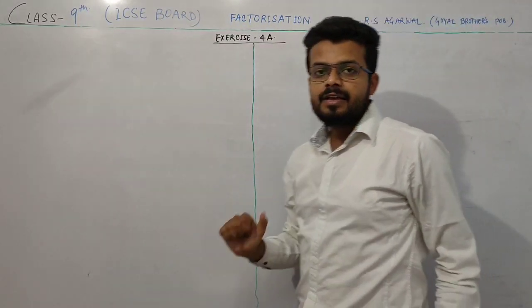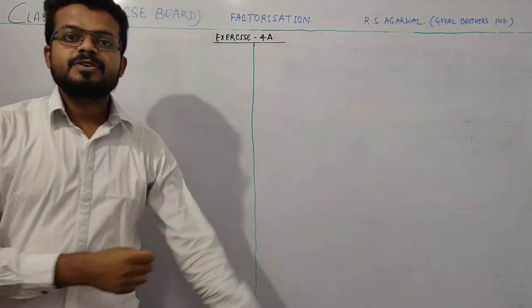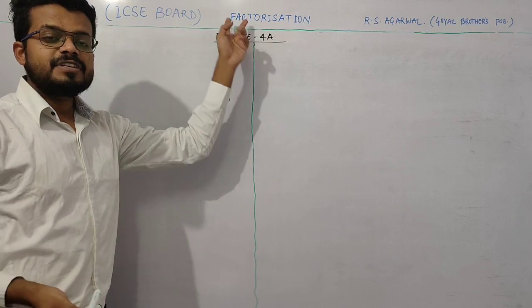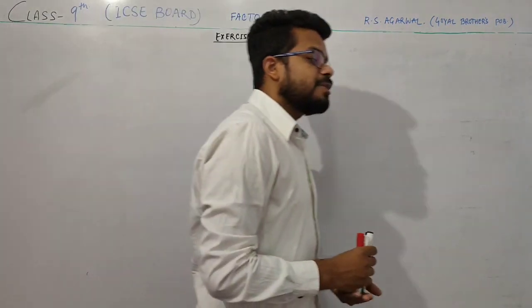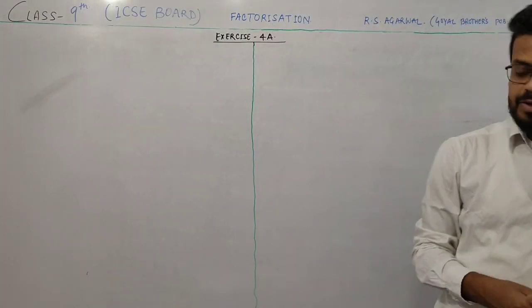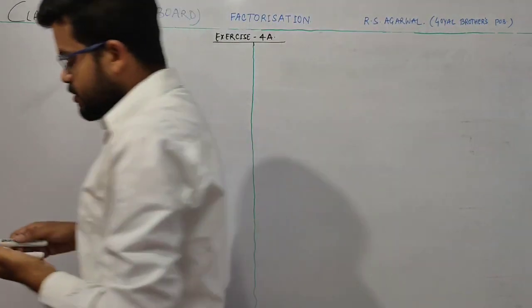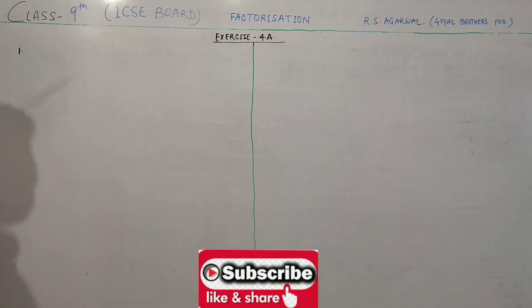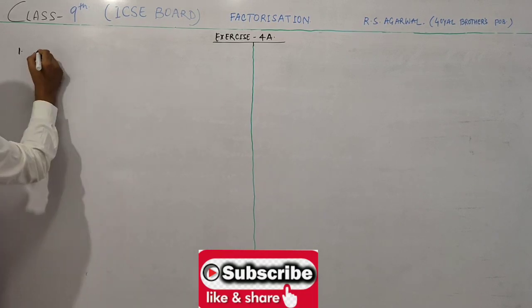Students, today we are going to solve exercise number 4a, which is directly related to the topic factorization. So let's continue from the first question of exercise 4a. First question is 5x square